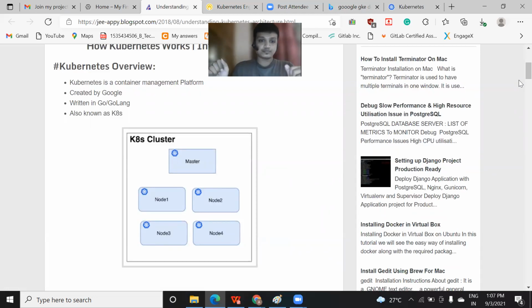If I say, this cluster is like a big system or a network where several systems are connected together, where you are running your application by dividing the task, and the master node is your main node, which is responsible for distributing the task between the several nodes. As you can see on my screen,